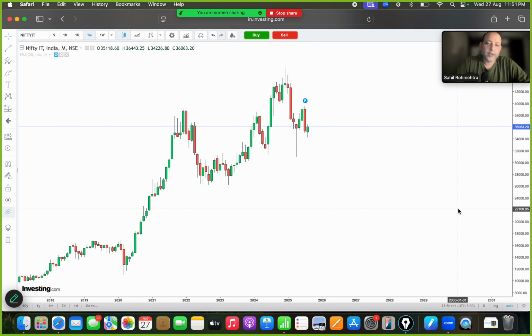So let's use the concepts of price action to form an informed opinion on the IT index today. Let's get straight to it. I have set the IT index on the monthly time frame, and here we can see that it's a no-brainer